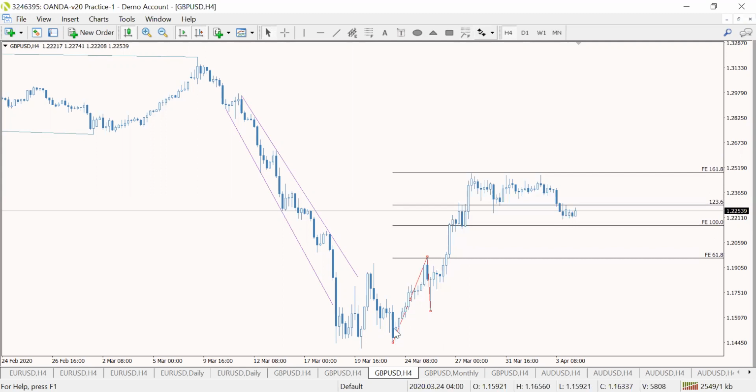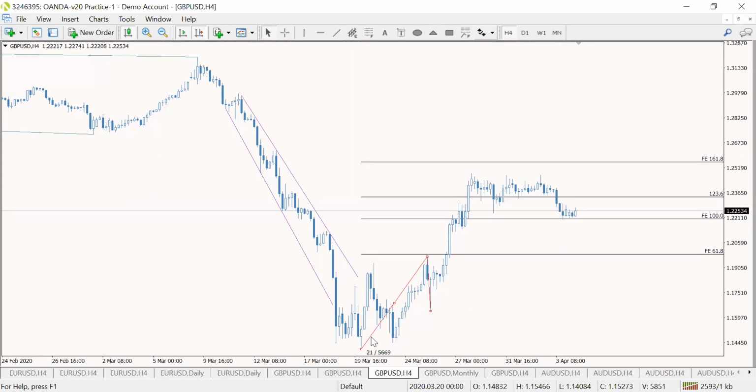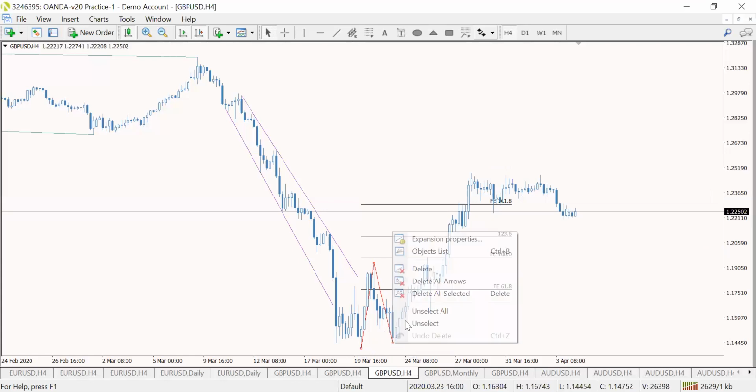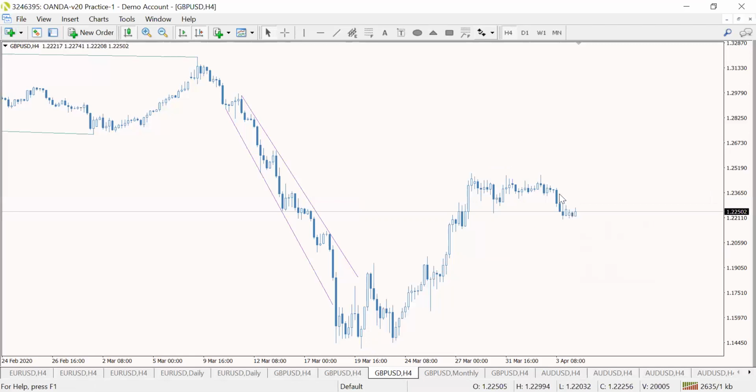If we measure from here to this point to this point to there, then the rules are not violated. But if we measure from here to there, the rules are violated. So we've got these two scenarios. But as you can see, it gave us this, okay, let me annotate for you. As you can see, it gave us this move.